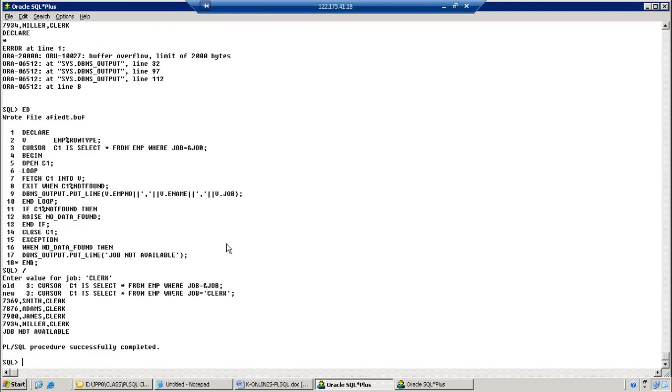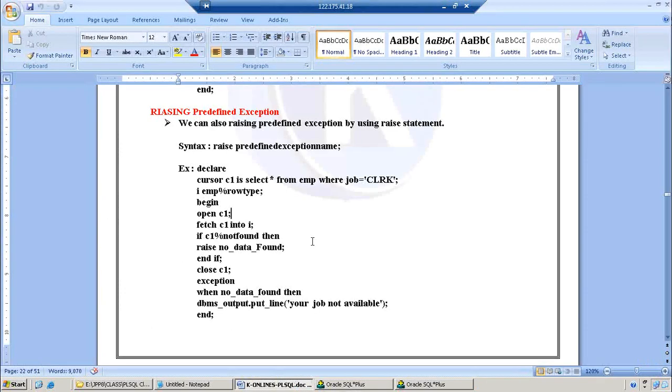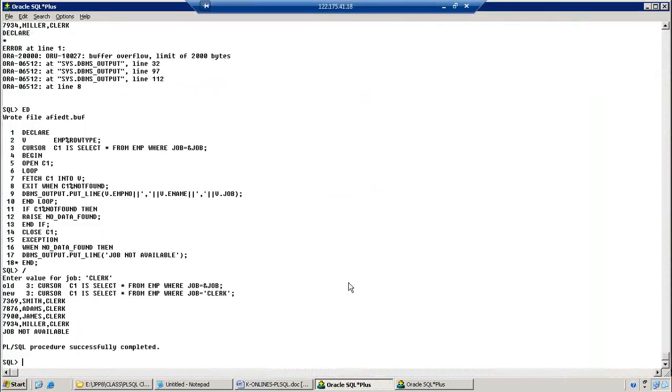Still it is showing not available. So it doesn't show that one. To C1. Where exactly is it going? We don't want to display the job not available when it is checking whether